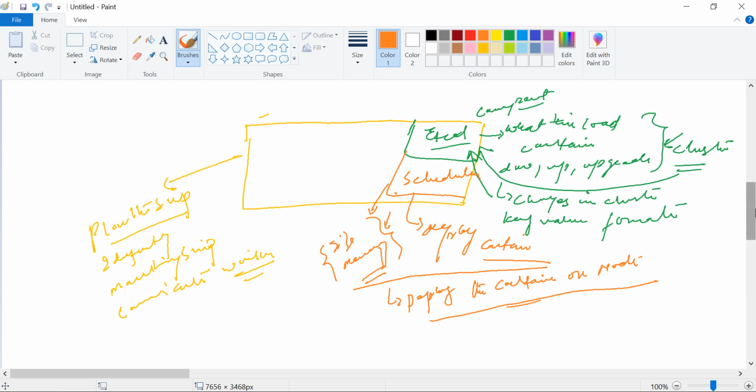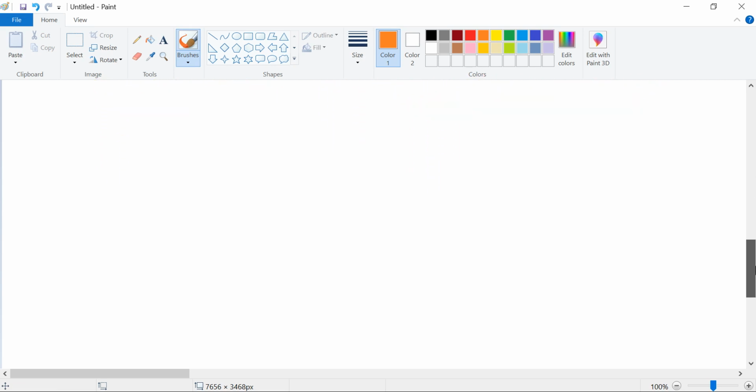Let's move on to the third part, which is also a main component of the Kubernetes cluster: the controllers. What types of controllers are there in Kubernetes? It also handles the traffic of the worker node or the master node.